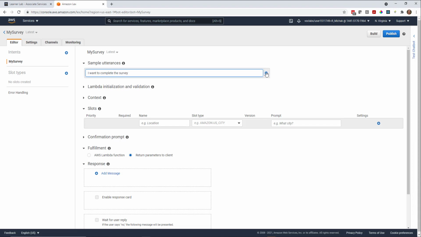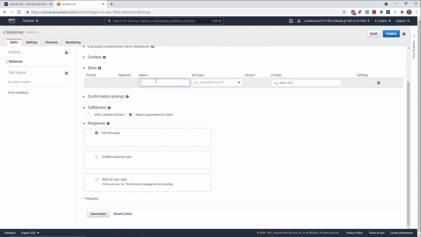You can add additional messages, and as we spoke before, the Lex environment is sophisticated enough that the user doesn't have to enter exactly what you see there, but it'll figure it out based on similar types of phrases. So for our purposes, this is enough. For right now, we're not going to pick Lambda. We'll leave all this the same. We're going to add in our data elements here. The first thing we're going to ask for is